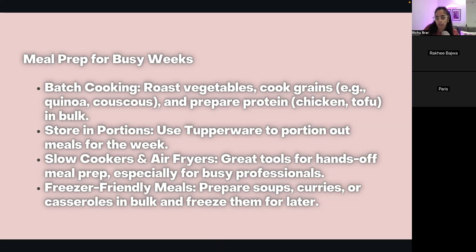How much oil are you using at the beginning when you add your ginger, oil, garlic and onions all together? If I went to my mum's house and she'd made dal, I would go, okay, maybe I've had 100 grams or a cup of dal, and I'll just find cooked dal. And then maybe I'll add half a tablespoon of olive oil